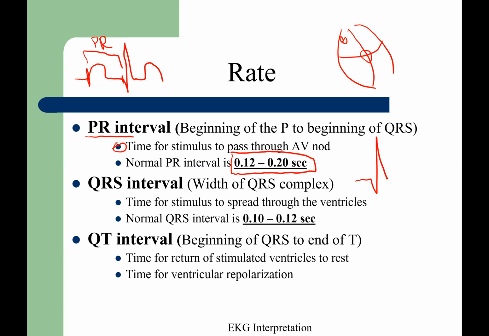This is the total time it takes to spread that stimulus to depolarize all of the ventricles. The normal QRS interval is 0.10 to 0.12 seconds. And that's going to be from the beginning of the QRS, whether it goes up first,